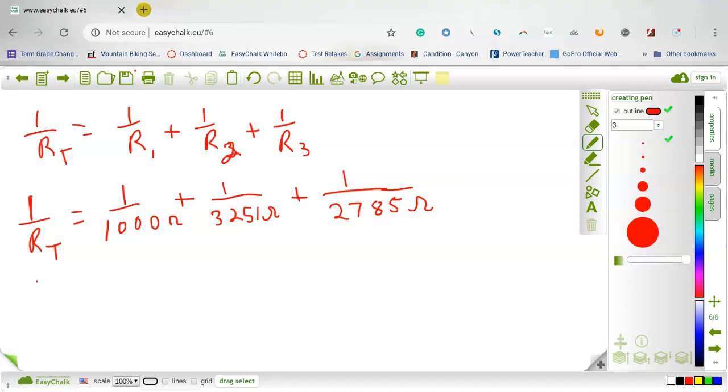Okay, so 1 over RT is, let's do this, 1 over 1,000 plus 1 over 3251 plus 1 over 2785 is